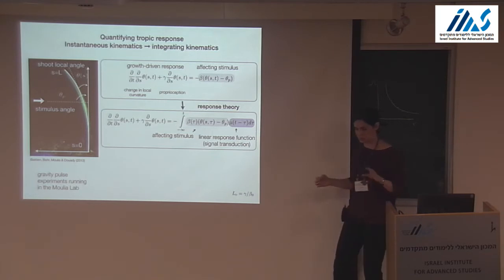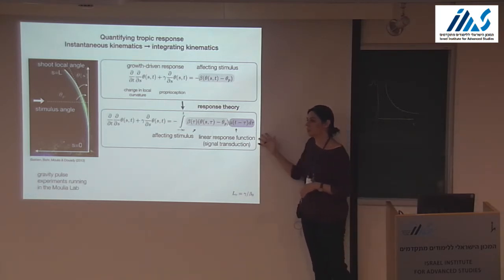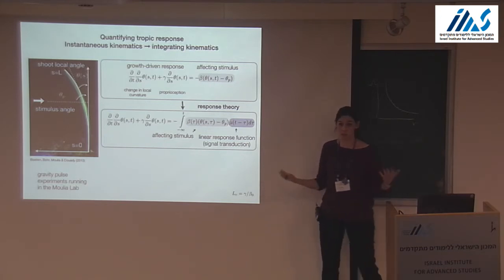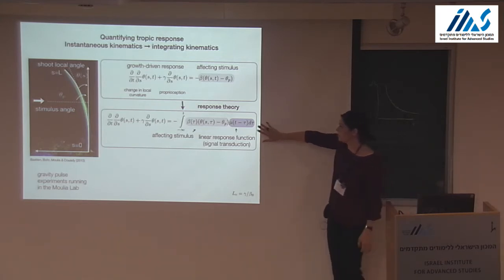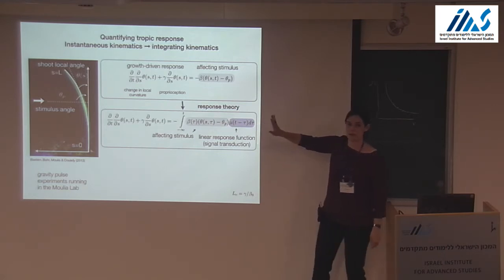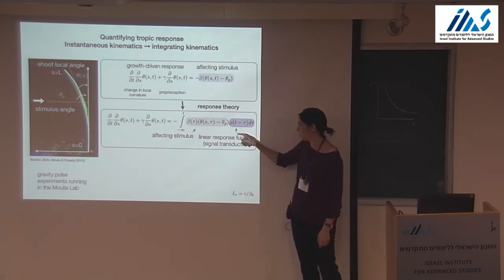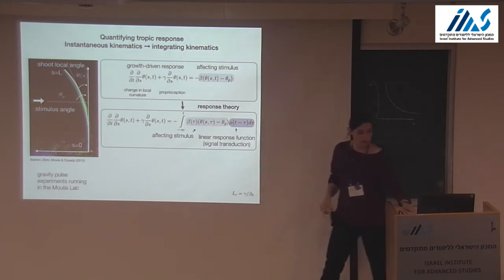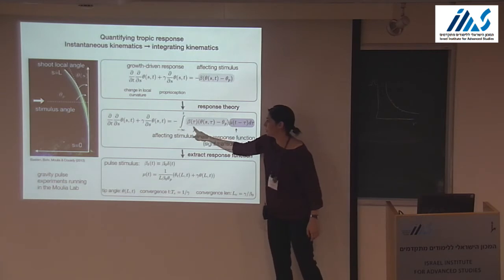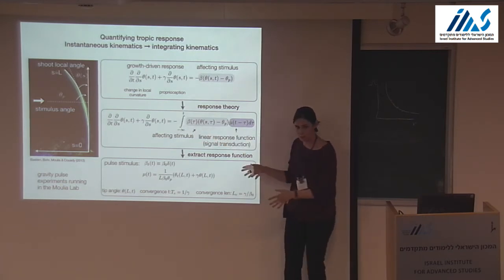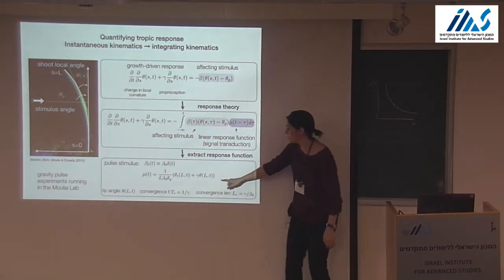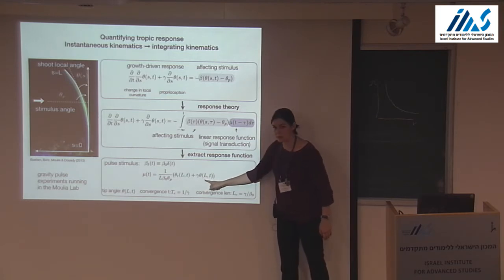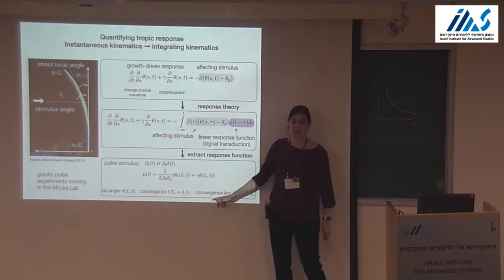But we can take this, and I'm almost done here, one step further and ask, can we connect this to something experimental, something with a biological relevance and not just a nice phenomenological description? And the answer is yes. Since this is a linear response function, by definition, the response to a pulse stimulus will be the response function. So if we substitute beta with a delta function and fiddle around with the equation, we can represent our linear response function mu as a function of trajectories of the angle of the tip and various other parameters which are all experimentally tractable.